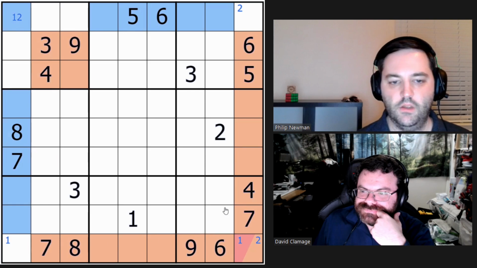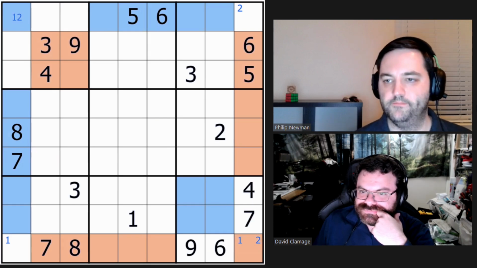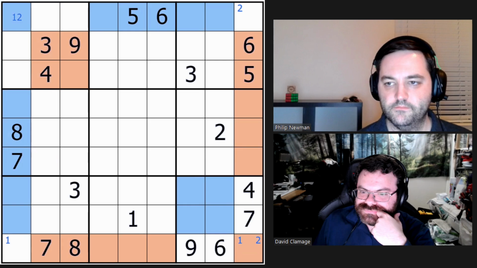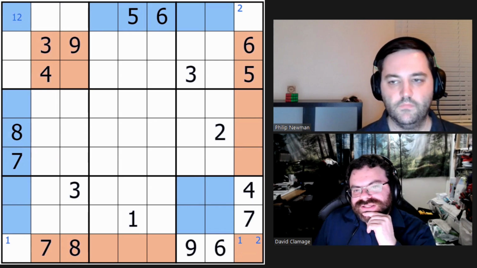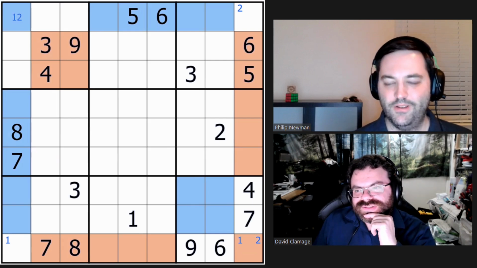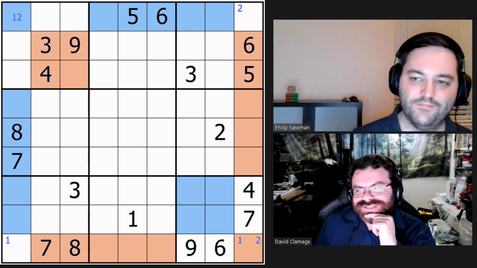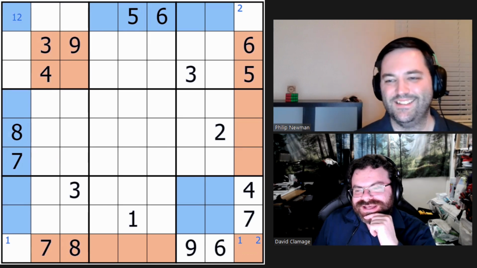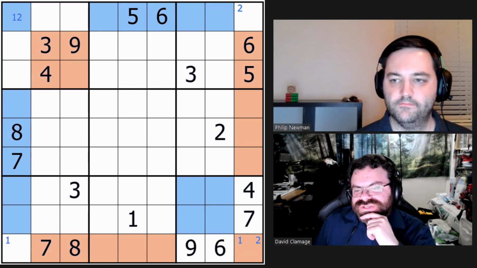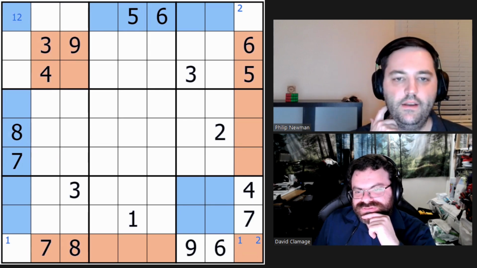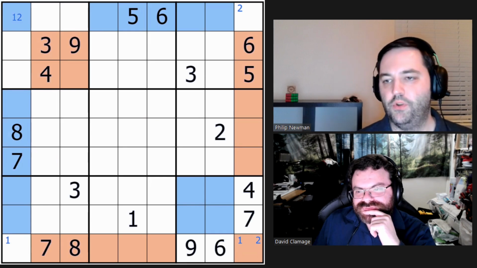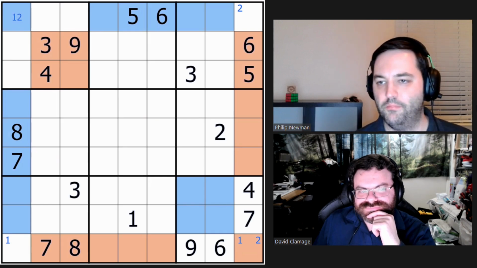We'll do the same thing down here. Put that in blue. Get rid of these. Get rid of those. So that's our set. Interesting. All right. So now, how does this work as a set? Do we still need to use the strong links that we found? Not exactly, no. What we're doing is effectively going to use them, but